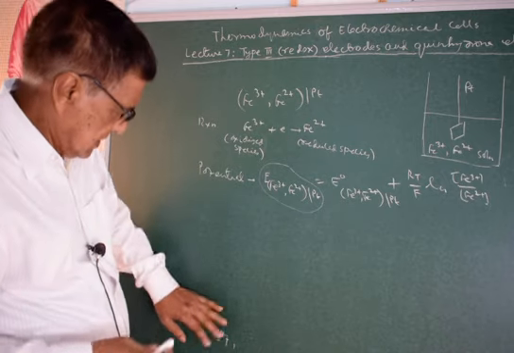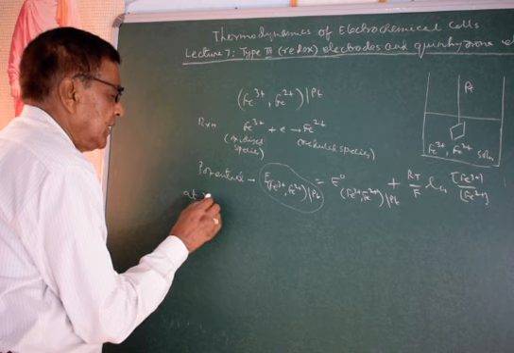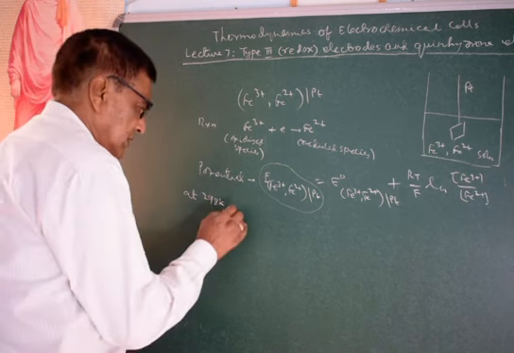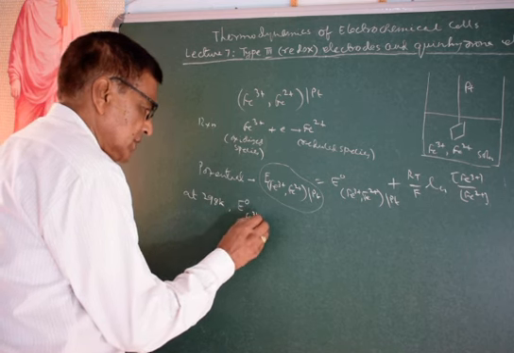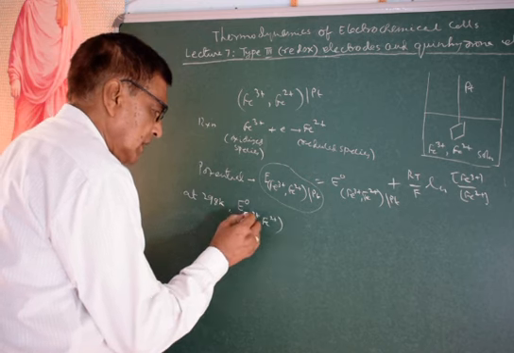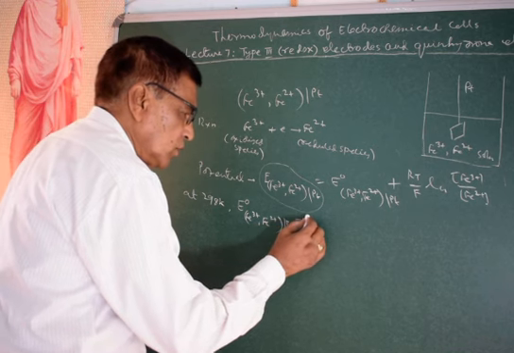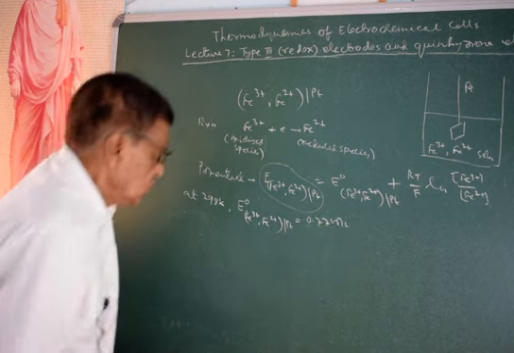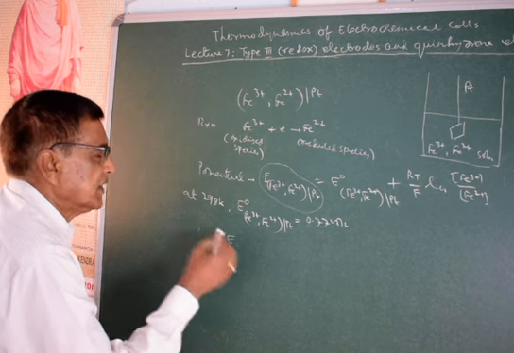At 298 Kelvin, this E naught value for Fe3+, Fe2+ and platinum equals 0.77 volt. So at 25 degrees centigrade, this potential is